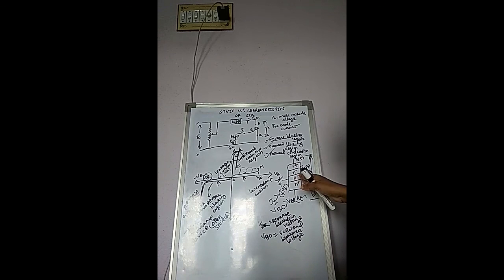Understood? So that's why the forward breakover voltage is generally higher than the reverse breakover voltage, because if the thickness of the depletion layer of junction J2 is greater, then the outer P layer and N layer are highly doped, and the inner N layer and P layer are lightly doped, so that the thickness of the depletion layer at junction J2 is greater as compared to the total thickness of the depletion layers of junction J1 and J3.